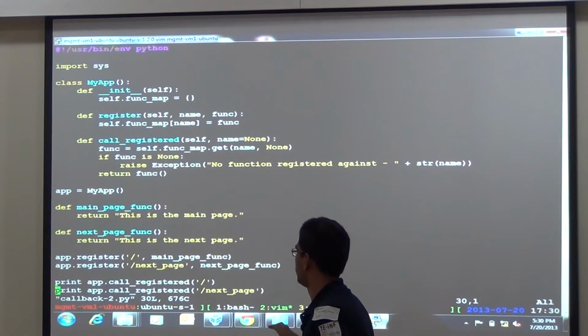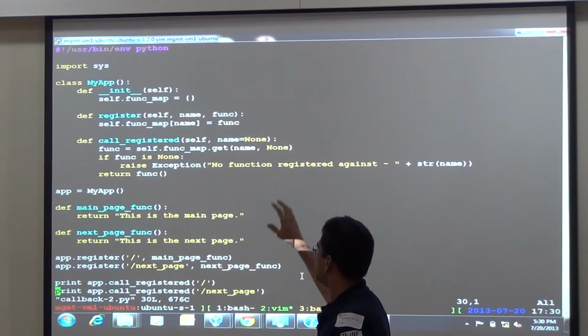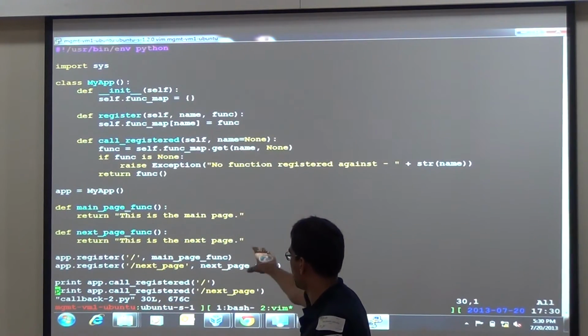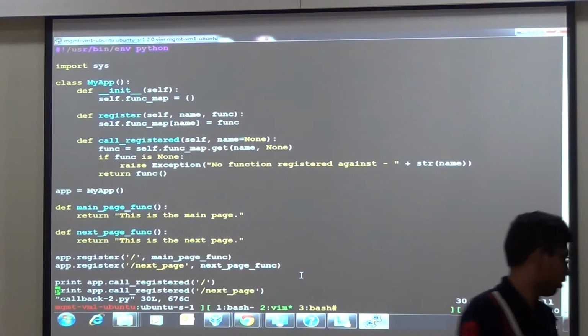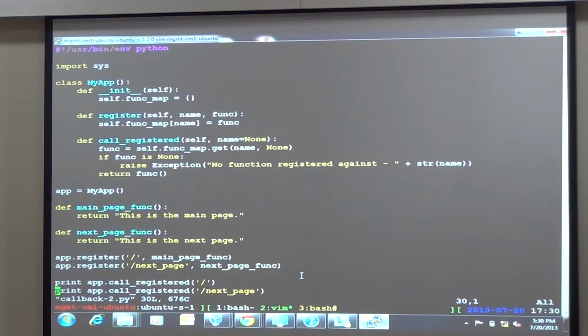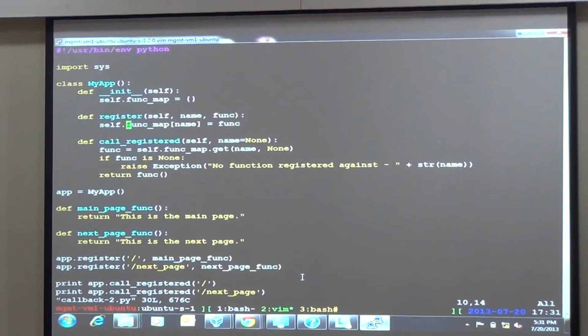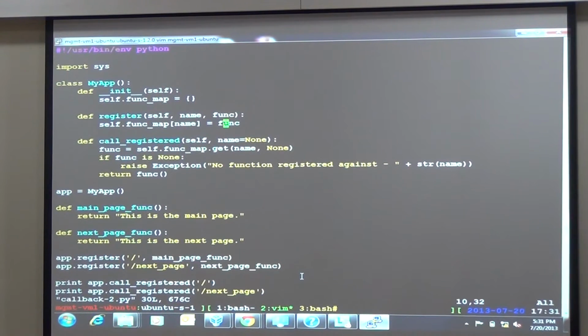You have your main class. Don't look at the class at the top, just go down and look at the app.register part. Here you are registering two functions: app.register slash against the main page function, and next page against the next page function. This is just a fancy wrapper over what we did in the previous one. The app class has a function called register, which just takes a function name and maps it to the function reference.